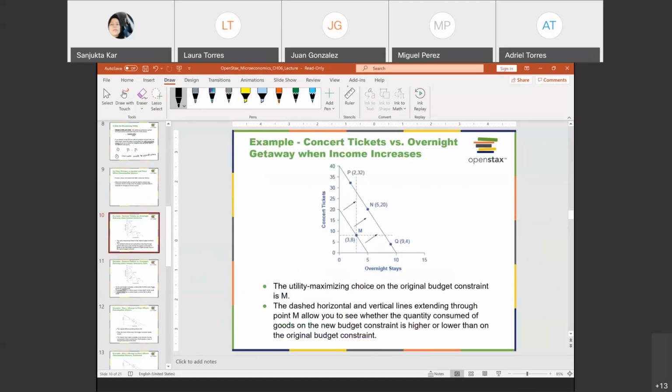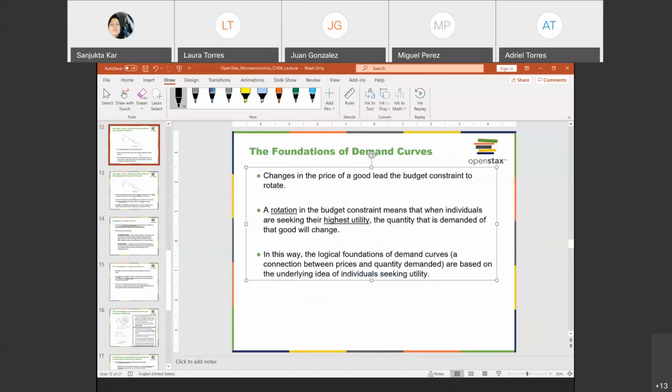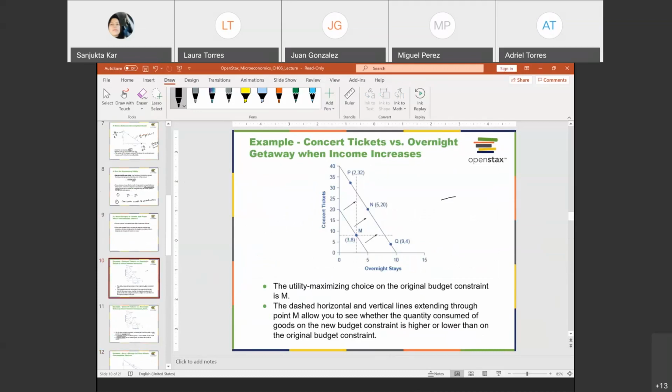Now, let's say this one is my initial budget constraint, and say your income is increasing. All right, let me give you an example here. Let's say the income is equal to $1,000. This is my initial income, and